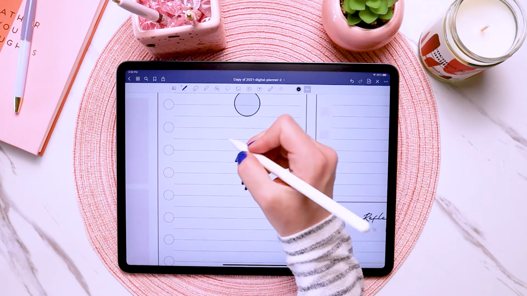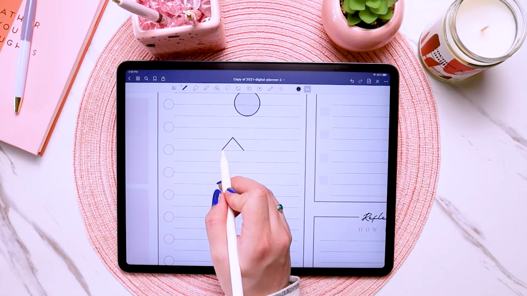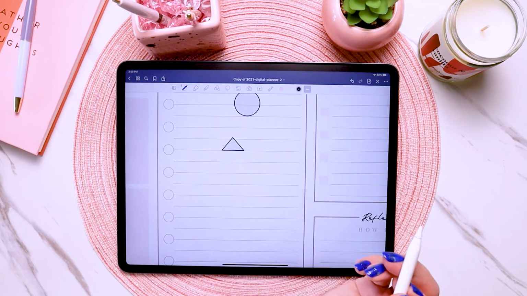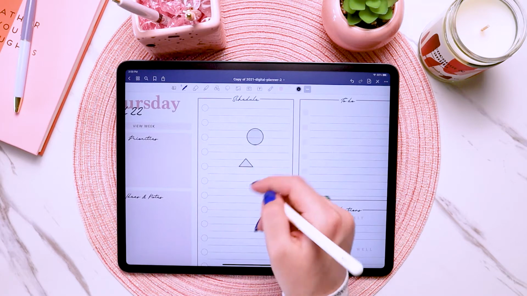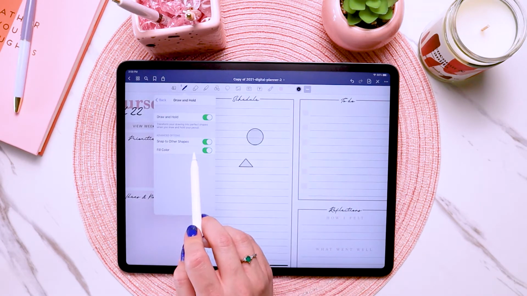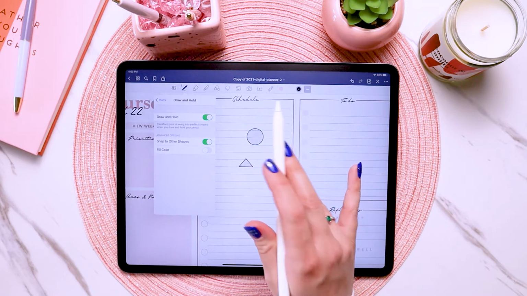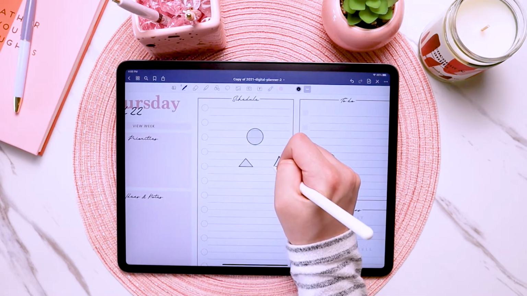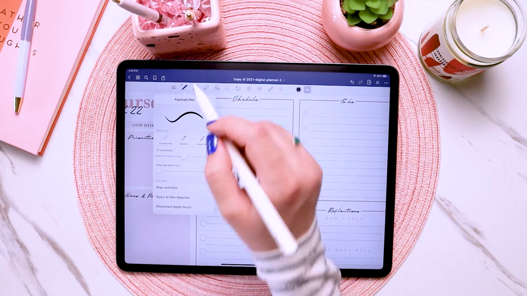Say that we're doing this triangle thing. If we want to then connect this and we hold, it will connect that triangle, where if you didn't have that on, it wouldn't fill it in and connect it. The fill color you can have on it if you want it to have that fill color. So I had that on, and then if I turn it off and I do another shape, it won't fill it, it'll just be this outline. And then we have